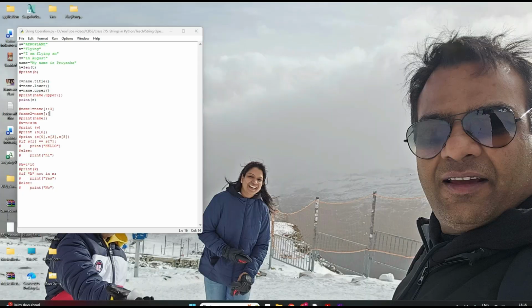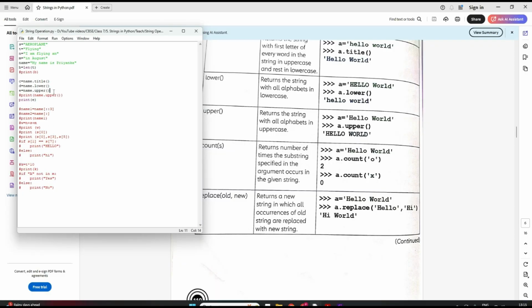So let's try to write a program here. Simple. I take a variable F. F is equal to name dot count. Suppose what letter you want to count, in single quotes you have to give.